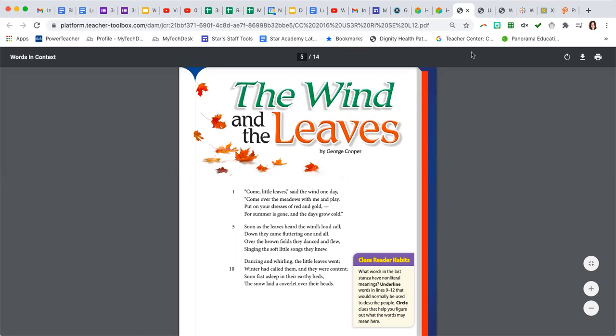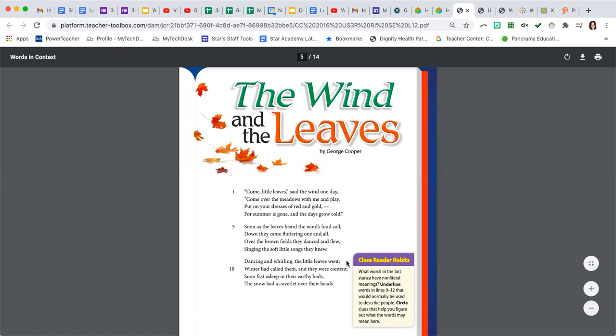And so when we take a look at page 204, let's take a look at the title, The Wind and the Leaves. And there is a beautiful text feature of picture and illustration here of colorful leaves. So I think that we can predict very safely that this particular poem is going to be about the fall or the autumn season. So, as I read this to you and you are following along and listening, please consider